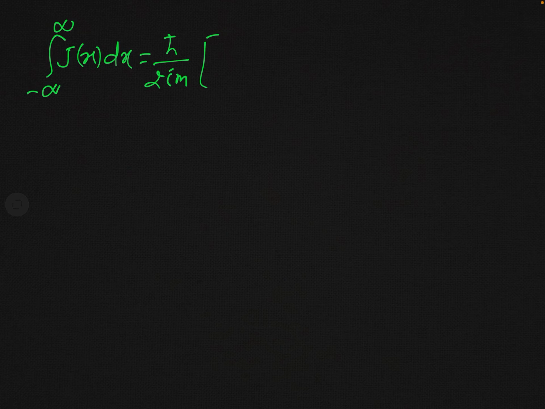Now write the expression for psi star, and writing its expression for psi star, you can write this will be 1 over minus I h cross integral from minus infinity to plus infinity